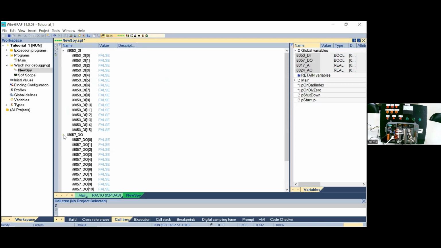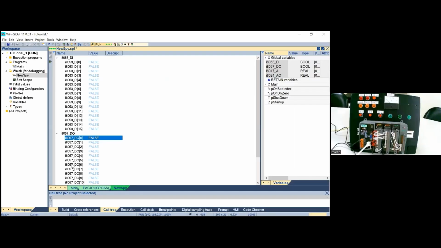Now, as I already mentioned before, the first 8 digital output channels are directly connected to the first digital input channels of the digital input module. Therefore, by just double-clicking one of the elements, we can force an output value. Just click true, and now